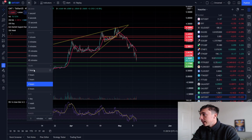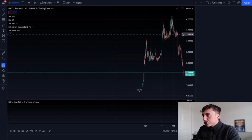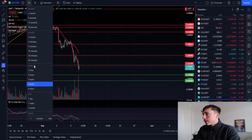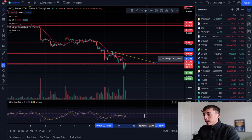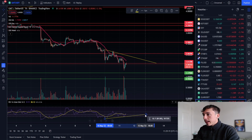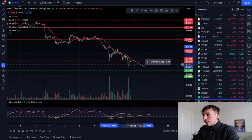One thing I do want to show you is actually the bullish divergence that I'm seeing here on the RSI, which has vanished for some reason. So let me just do a quick refresh over there. There we go. So yeah, there is a bit of a bullish divergence on the hourly time frame. We can see that the price has dropped. We see these highs here coming down, but on the actual RSI, we've got an increase on the lows right here. As we see, the lows are coming up as the price is actually dropping, which is a very nice bullish divergence right here, as we can see from this particular wick down, getting lower highs, but the